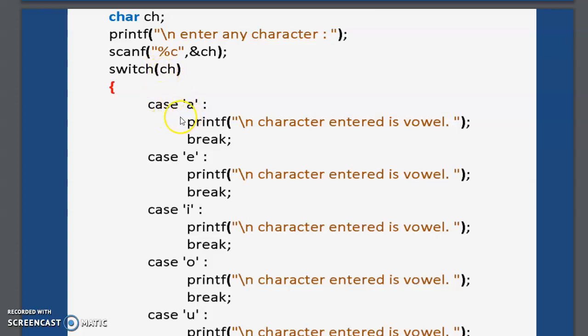But there's one difference when we are handling integers and when we are handling characters. Like you can see here that I have written within single quotes each of the characters. But this was not done when I was handling integers. So case 'A', character entered is vowel, case 'E', colon, character entered is vowel, like this we have to write. So a very important thing to remember when we are dealing with characters in switch case is that each character has to be written within single quotes.